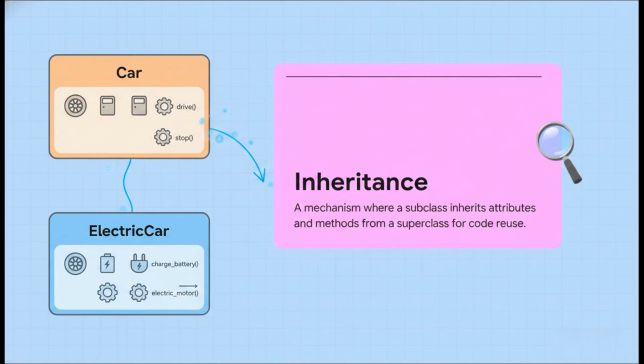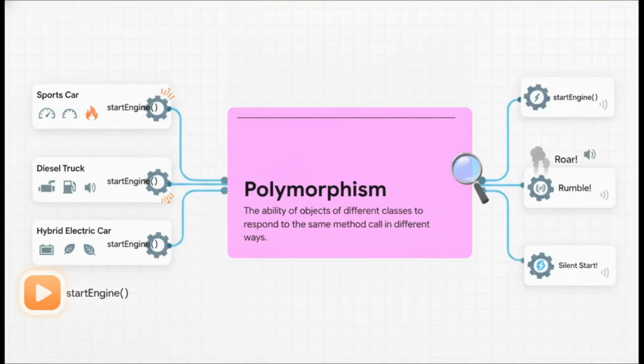Inheritance promotes just massive code reuse and lets us organize our software into these really logical, hierarchical categories. And that brings us to the fourth and final pillar, polymorphism. It literally translates to many forms, and honestly, it is perhaps the absolute most powerful feature of this whole paradigm. Polymorphism is the ability of different objects to respond to the exact same action or command, but in their own